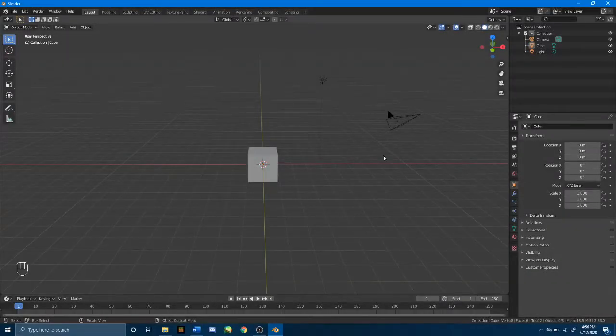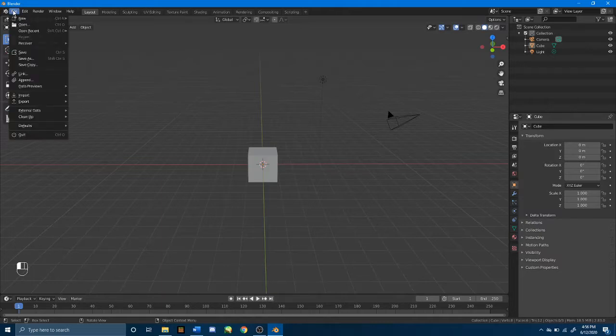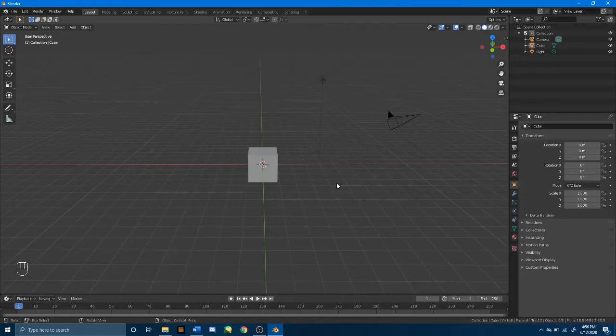Today I'm going to give you a tour of Blender's interface. Open up a new General Blend file by either opening Blender or going to File, New, and then General. It starts with a cube, a light source, and a camera, but right now we'll only be worried about the